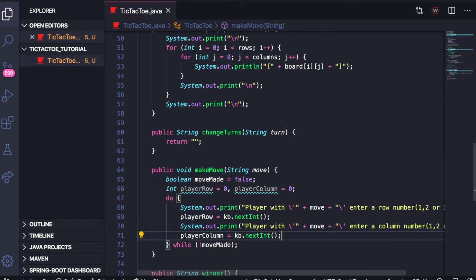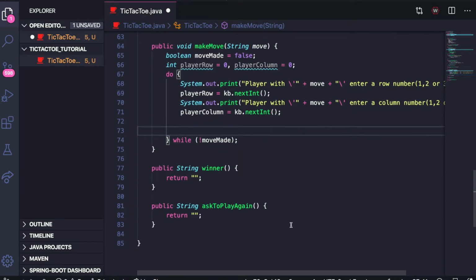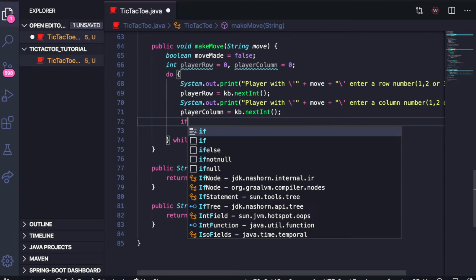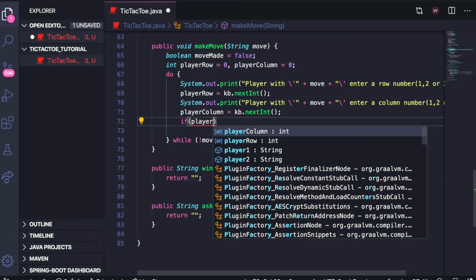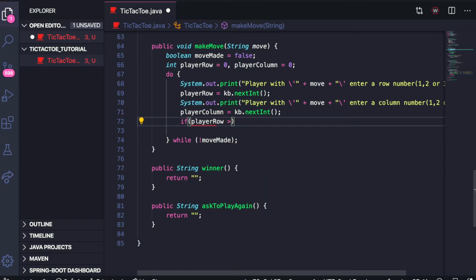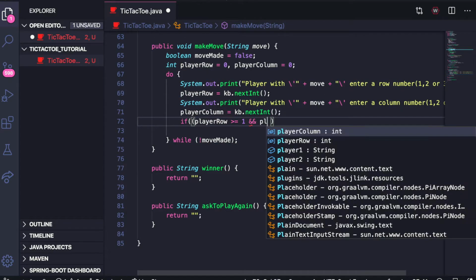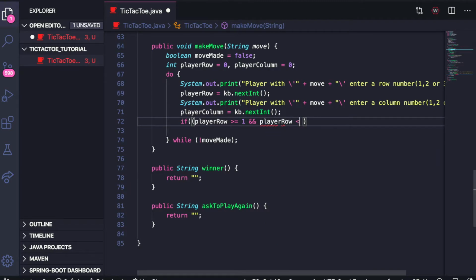Alright, now we need to do some checking here. So we want to make sure this row is between 1 and 3, and same thing with the column. So what we're going to do is check if player row is greater than or equal to 1, right? Because we want it to be between 1 and 3, and if it's less than or equal to the rows. So that actually takes care of it. Now we know it has to be between 1 and 3,